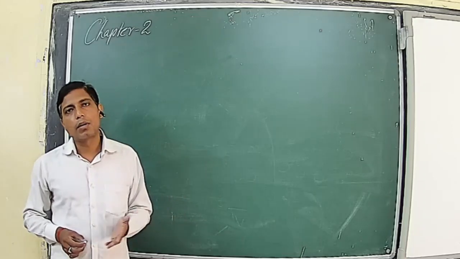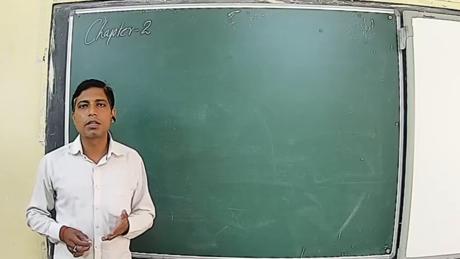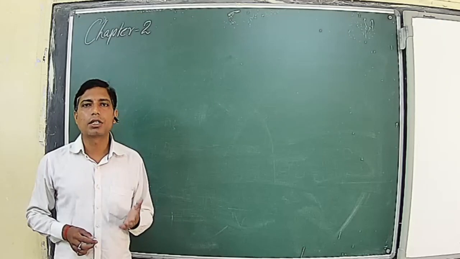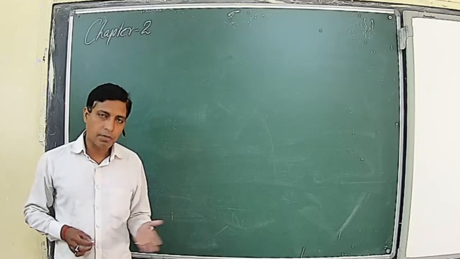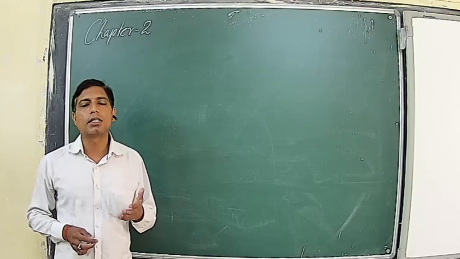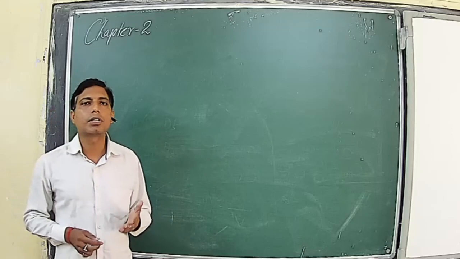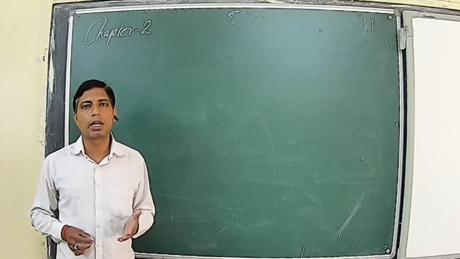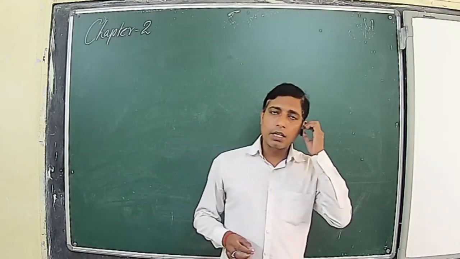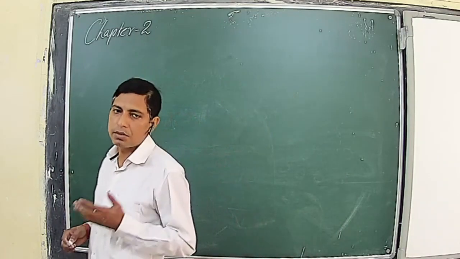Then we have learned about flotation and sinking, and what the conditions for flotation and sinking are. That is, for a given solid or substance submerged in a liquid, if the density of that substance is more than the density of the liquid, it will sink, and if the density is less, it will float. An important application of this is plimsoll lines, which are marked on the outer surface hull of the ship, which indicate up to what limit we can load the ship so that we can avoid the risk of sinking.